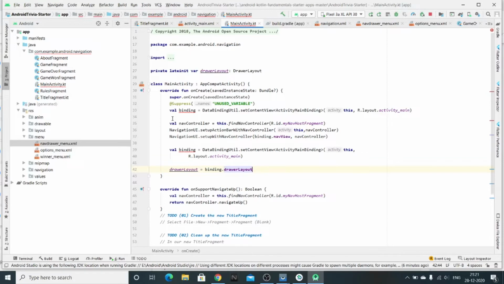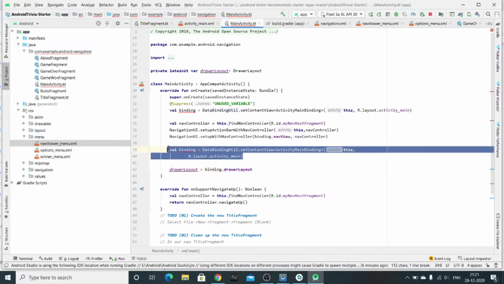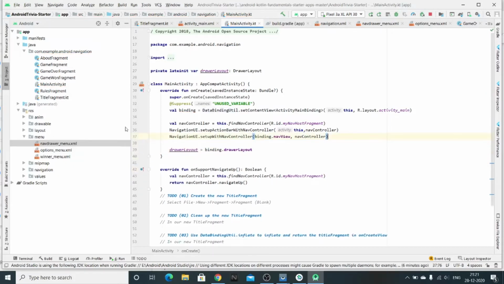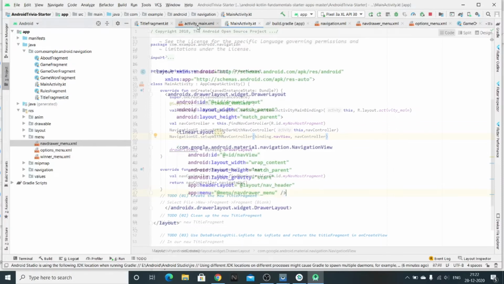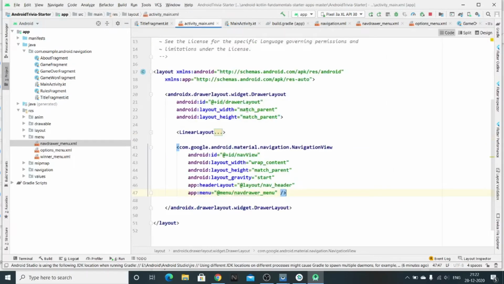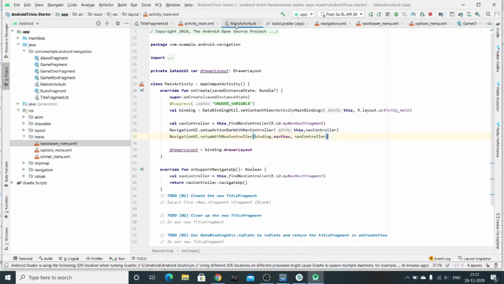Okay, it's already written here. The variable that we have created over here, we have initialized here, as we have written lateinit, that we'll be initializing it later, and we have initialized it with the binding dot drawer layout. We have connected it with the drawer layout, and now we have a reference to our drawer layout also.